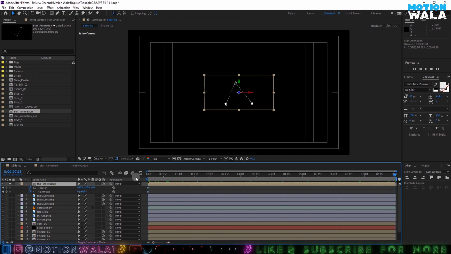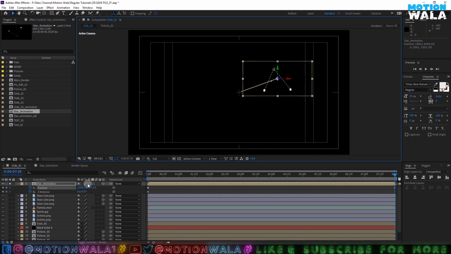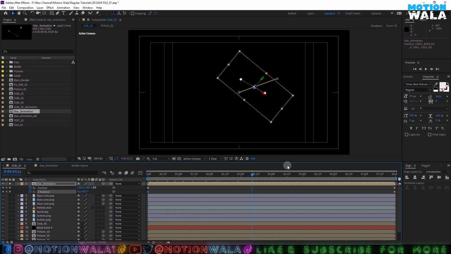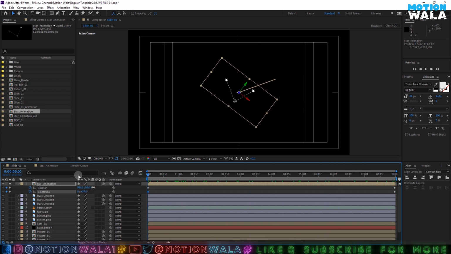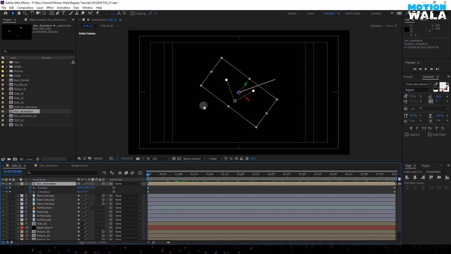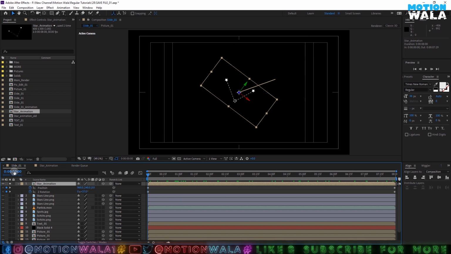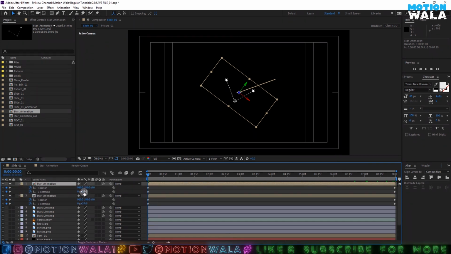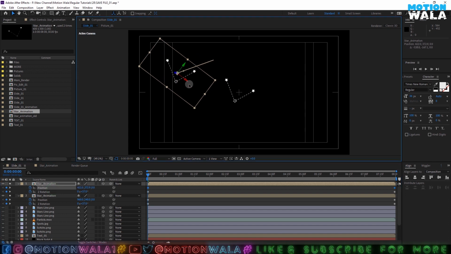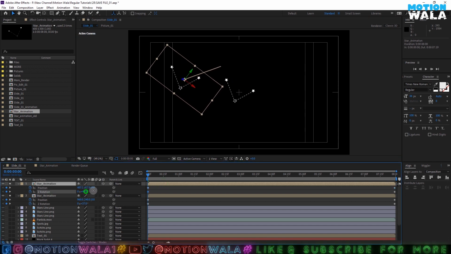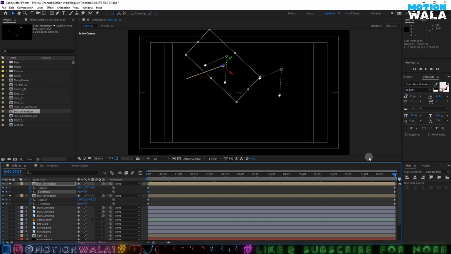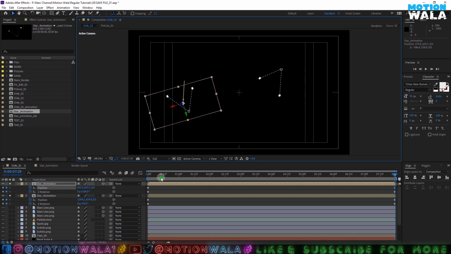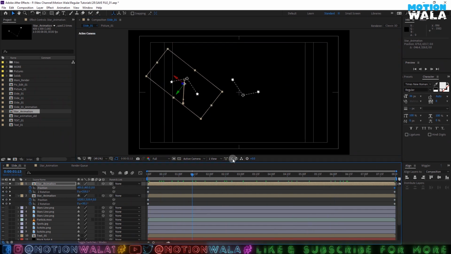Now go to last frame and change the position something like this, and also rotate it a little bit, and first frame also rotate it, so it will be something like this. So you can duplicate it 5 to 7 times, and it fills the whole composition. Like I will duplicate it and press U and change the position, select both position keyframes and change the position, and also change the rotation on first frame, and go to last frame and also change the position and rotation. So we can just randomly fill the comp with this, not the whole comp, like